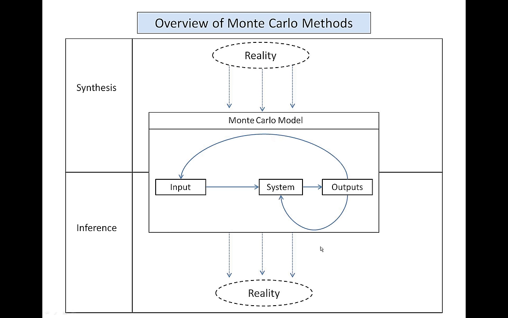That is, people will take the wrong inferences from the models, or they'll think that the model tells them things which in fact it doesn't. That's why I often get very frustrated when I hear, especially in the media, when they talk about this component, which is, oh, well, this model doesn't work because it did X and Y and Z assumption when it was synthesizing from reality. But in fact, it's not the fault of the model or the fault of the creator of the model. They may be simplifying assumptions. These simplifying assumptions often are necessary to make the model tractable or actually implementable. It's really when you're taking the model and you're inferring from it onto reality that you have to be very careful. Are there any questions about that?